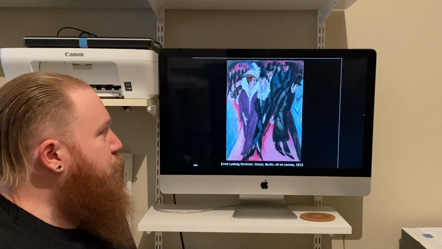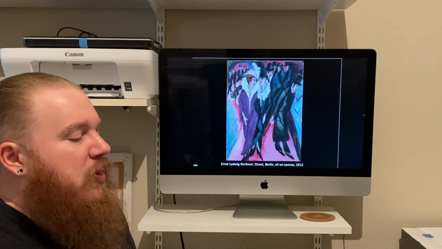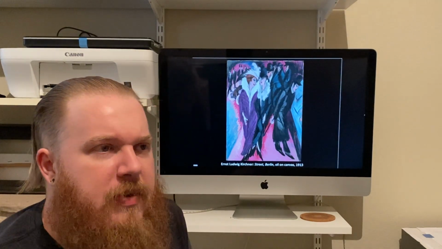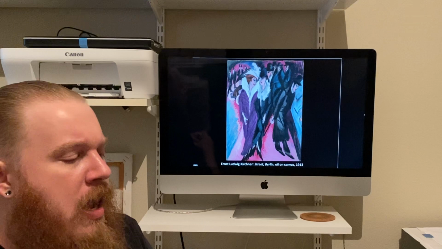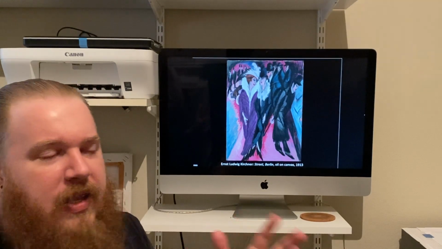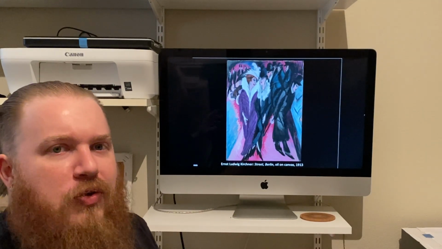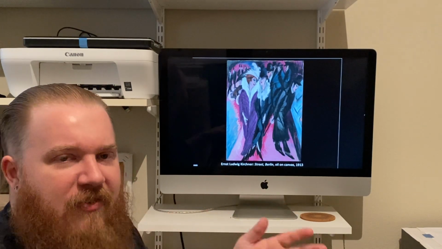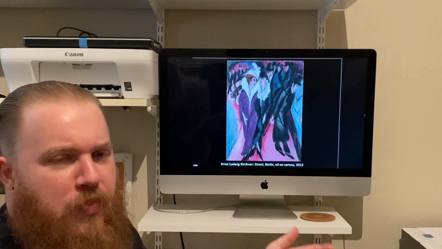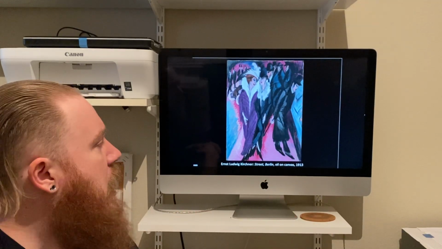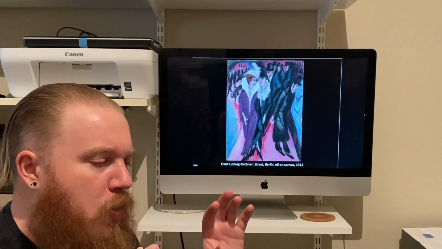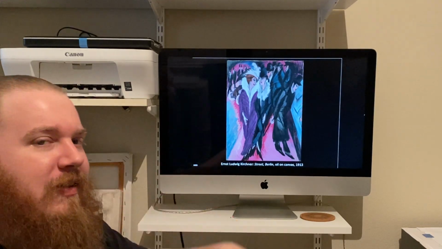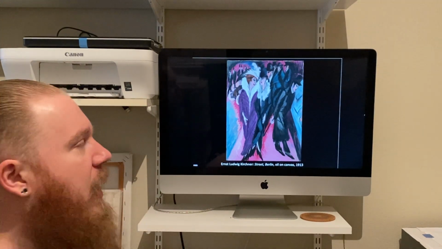This is Street, Berlin from 1913, prior to World War One. At this time, Berlin, Germany was a very metropolitan area. It was seen as one of those places like Paris or Tokyo or New York where people would go to enjoy high fashion and high culture and music and all kinds of stuff like that. So a lot of Kirchner's Die Brücke work at this time especially is focused on urban life within the city of Berlin.